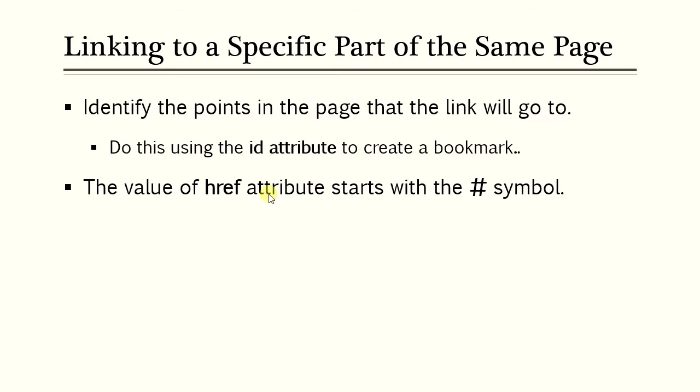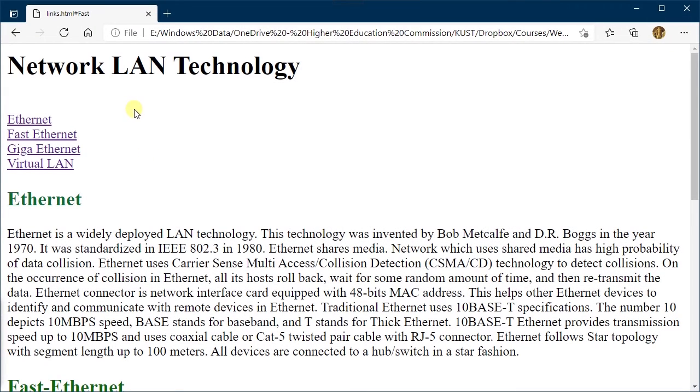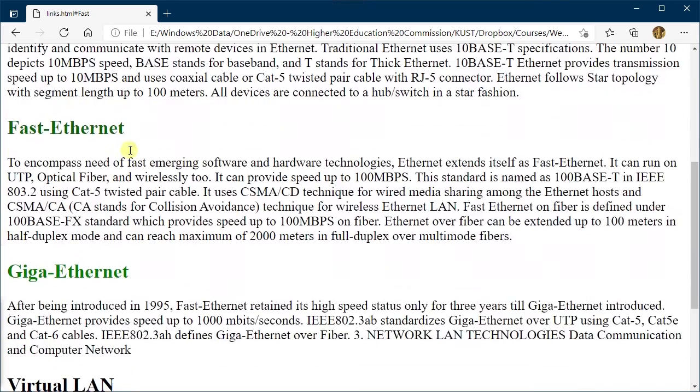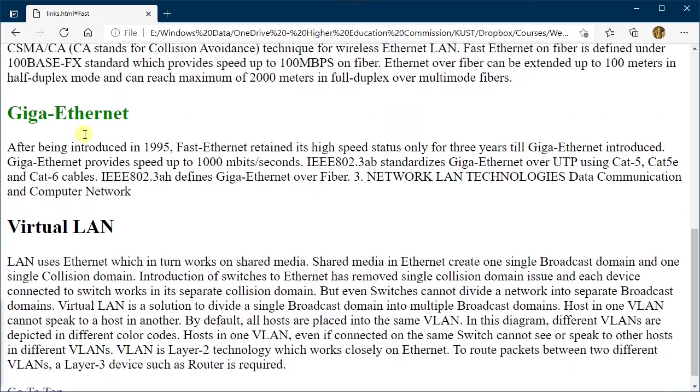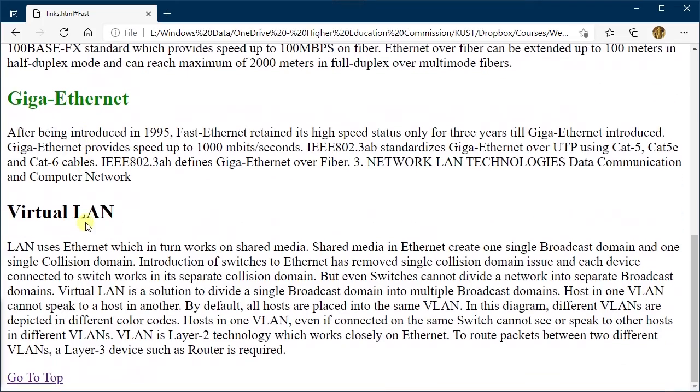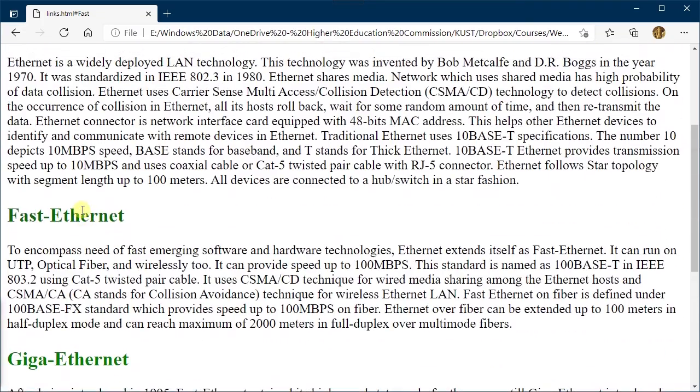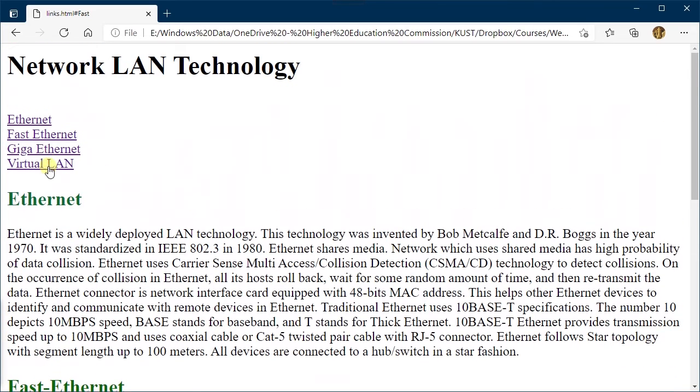Look at this example. I have created this page with 4 links at the top, and within this page I have different sections. When I want to move to a particular section, I need to press this link.